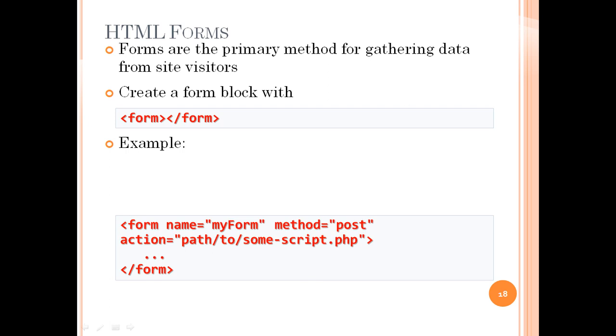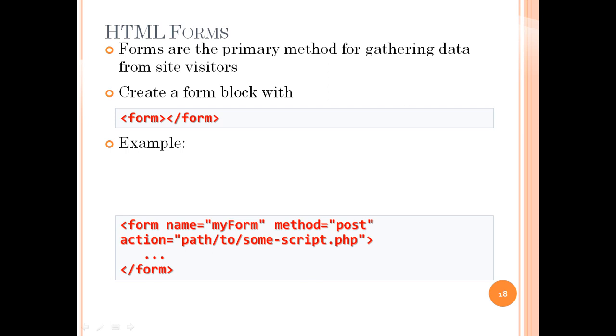So the tags that are used to implement forms are form action. So form action equal to, we can give the URL, and method is usually post or get, and then we need to end the form tag. When get is used, the data is included as part of the URL. The post method encodes the data within the body of the message. So post can be used to send a large amount of data and it is more secure than get.